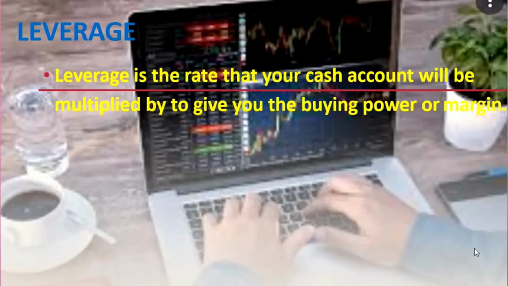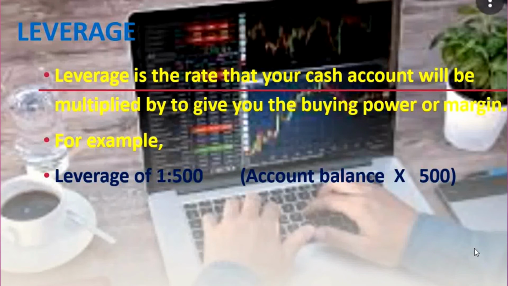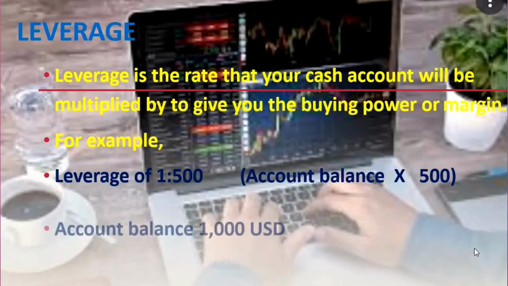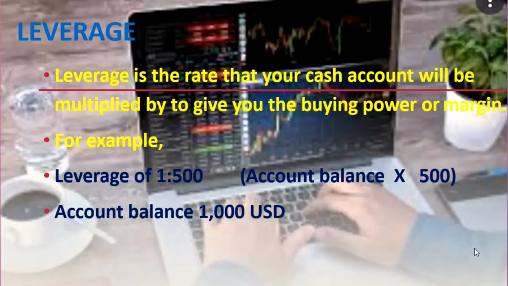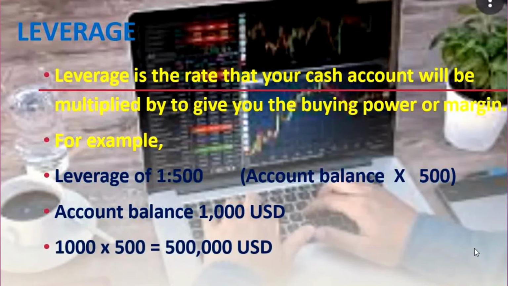I repeat, leverage is the rate that your cash will be multiplied by to give you the buying power or margin. For example, a leverage of 1 to 500 means that your trading account capacity or margin is multiplied by 500. So, if you deposited $1,000 to your account and the broker gives you a leverage of 1 to 500, it means that your trading capacity is $1,000 times 500, which is the leverage, and that gives you